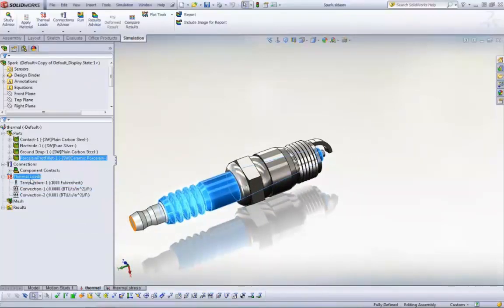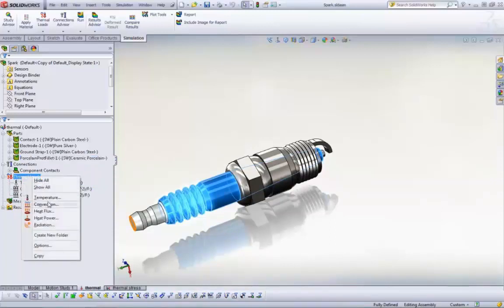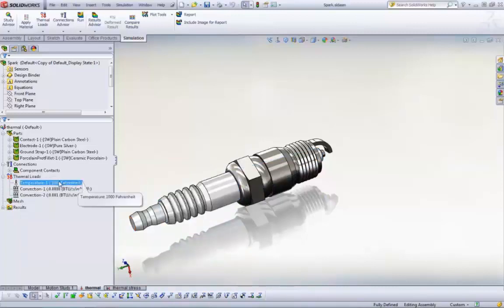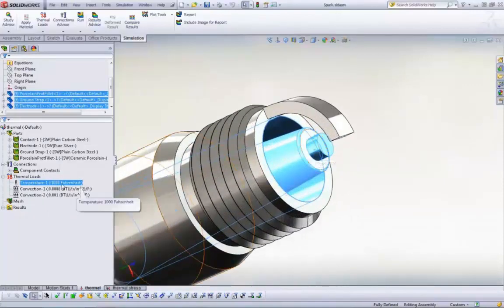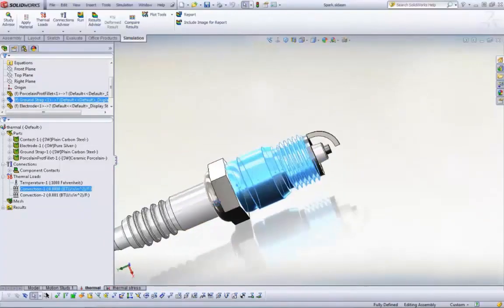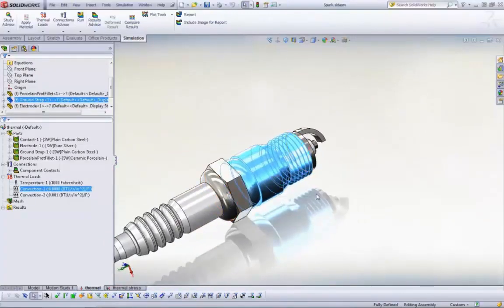I added a temperature load, so rather than force loads, we have thermal loads. So you right click, I can add temperature, convection, heat power, heat flux, and radiation. I added a temperature load to these internal faces of 1,000 degrees Fahrenheit. I also added convection coefficients because these are going to be convecting or conducting to, in this case, the engine